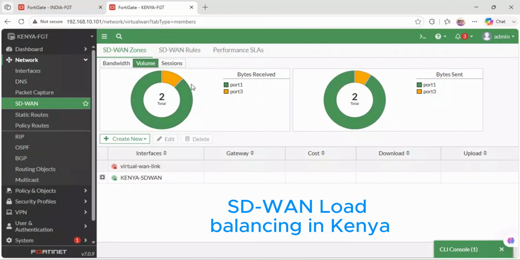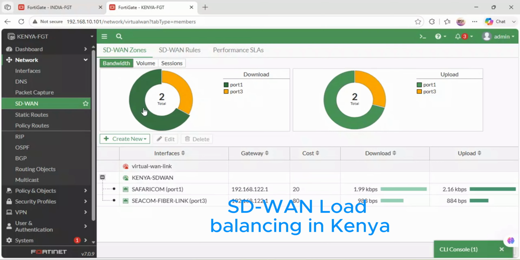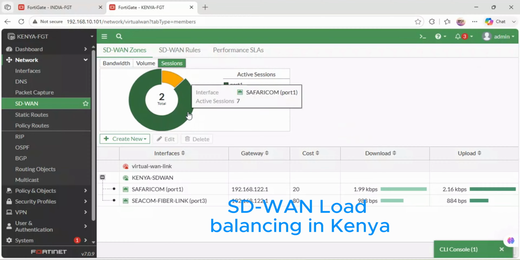Now you see the volume. I preferred right now, traffic is preferred to pass through the Safaricom link because it has more bandwidth, you see. You can see here. But in terms of bandwidth, Safaricom has more bandwidth. Then in terms of volume, Safaricom takes it all. Then in terms of session, you see. So I have conditioned this particular SD-WAN in that when the traffic is so high in a network, in that case,